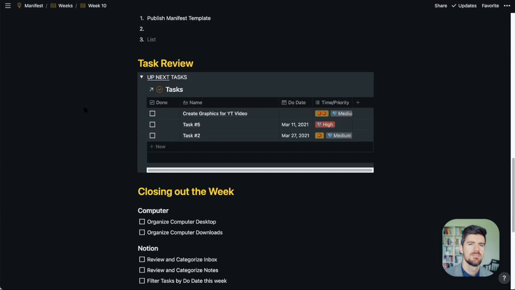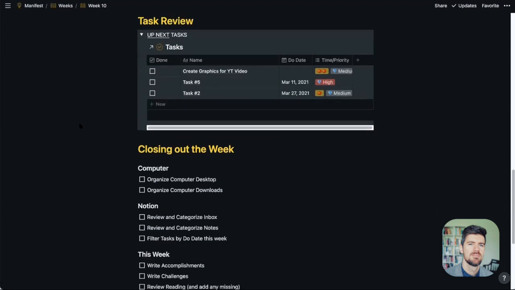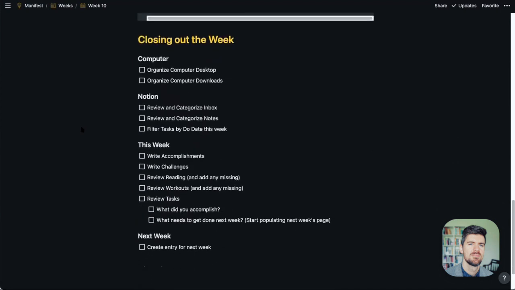So this also should be a list of tasks that are not too long, but should be the next most important tasks for you. And closing out the week, some quick reminders on things that I want to have done before I close out for the weekend. Things like organizing the computer, desktop, going into inbox, notes, and tasks that are all accessible from the homepage.